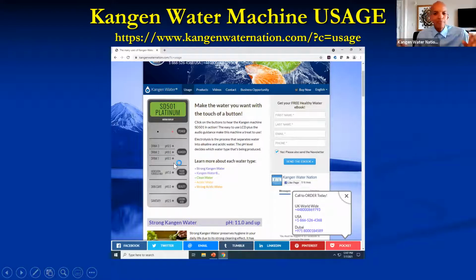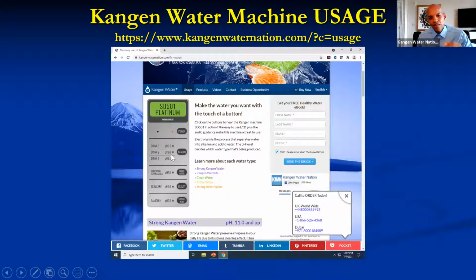8.5 is an alkaline pH, 9.0 is an alkaline pH, 9.5 is an alkaline pH. So as I mentioned earlier, the greater the volume of the alkaline molecules in electrically processed water, the greater the volume of antioxidant ions in the water at a time, and therefore the stronger the detoxification at the various upper levels. So the 8.5 level is a milder detox because it means there are fewer antioxidant molecules in the water